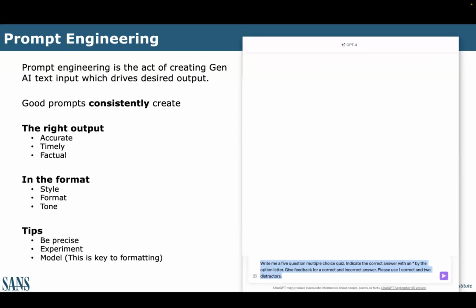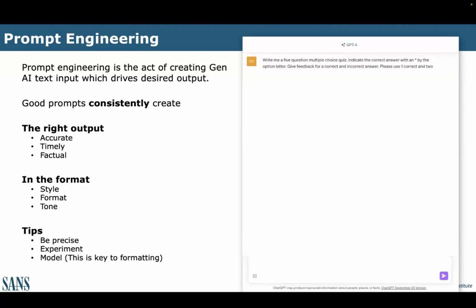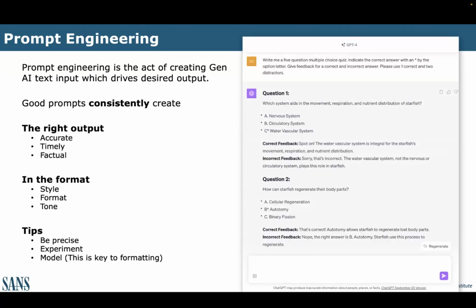Give me feedback, correct, incorrect, and use 1 correct and 2 distractors," which is instructional design speak for wrong answers. Okay, I'm really limiting its creativity this time, and now I have exactly that. They're generally fairly obedient, if that's a thing, and we now have pretty much exactly what I wanted. I got stars by my option letters and so on and so forth.